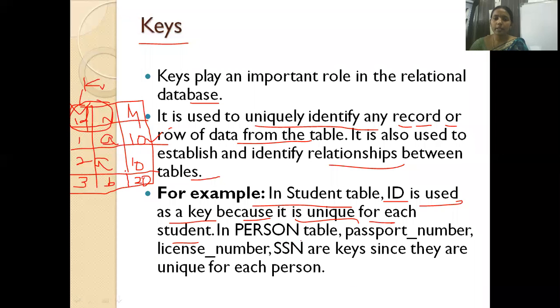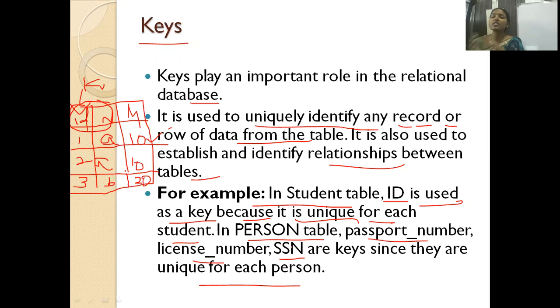Now consider one more table, person. A person has a passport number, license number, SSN, which are keys since they are unique for each person. For the person table, I am going to write the column names: passport number, which is different for every person; license number, different for every person; SSN, different for every person.